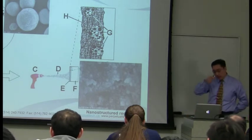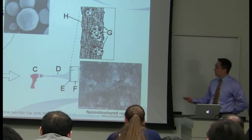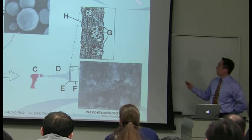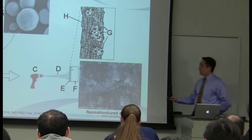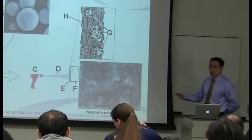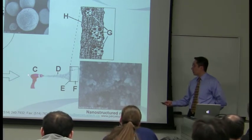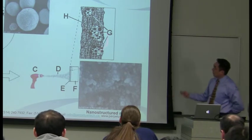Now, there were several studies that were carried out with different materials and approaches. However, there's this approach I'm going to focus on, which was nanostructured ceramic coatings. It was developed at the University of Connecticut by Maury Gill and his associates. The general approach is to take nanoparticles, agglomerated to micron-sized particles that are typically used for thermal spray. You introduce that to your thermal spray torch, apply the coating, and this is a real simplified schematic view of